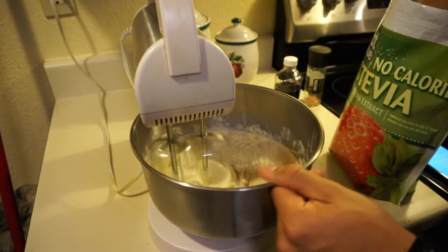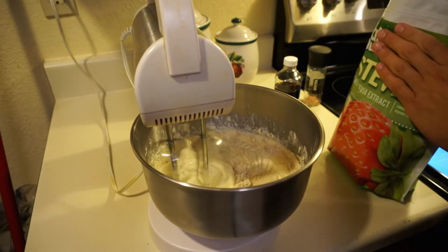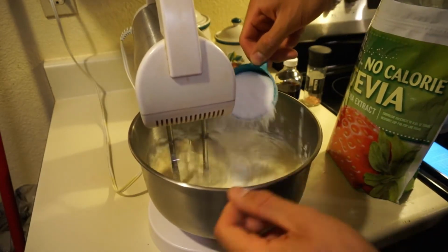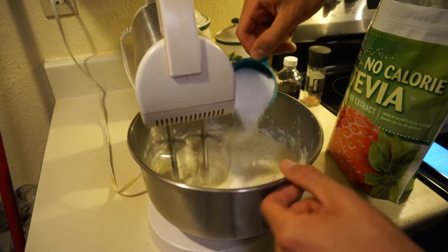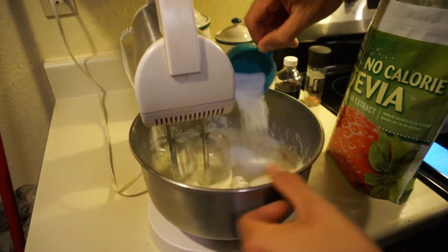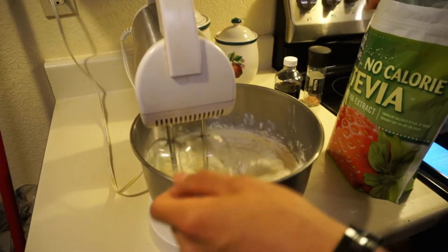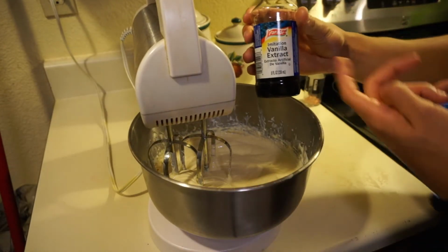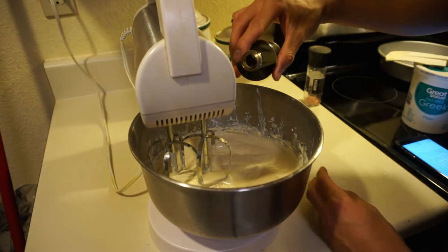Next up, we're gonna be going with half a cup of your sweetener. You could add any extract, whatever you guys want as your flavor, guys. I'm going personally with vanilla. You could add a lemon, but we're gonna add 2 teaspoons,